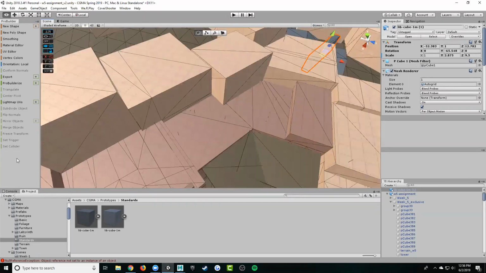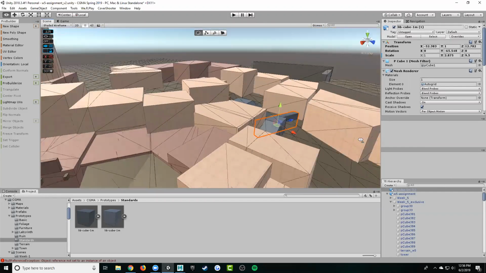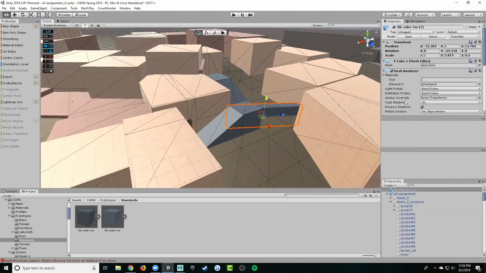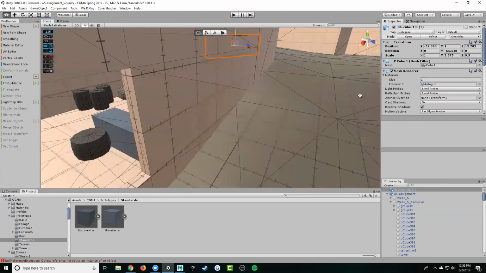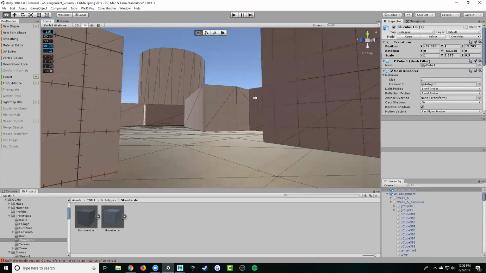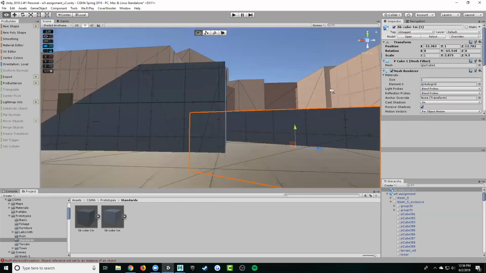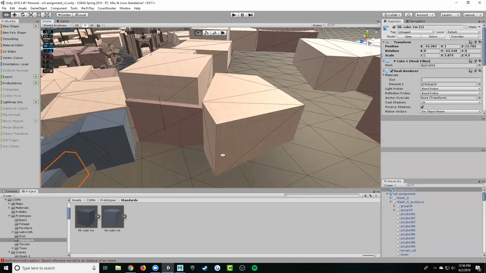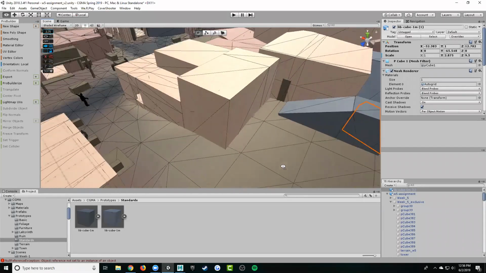For instance, right here, if the path to the tower was not this back route, they wouldn't force you to go all the way there and then block your route and make you go all the way back. If they did that, if they made you go all this way, they'd very likely provide another way back. Like even here, with this idea,